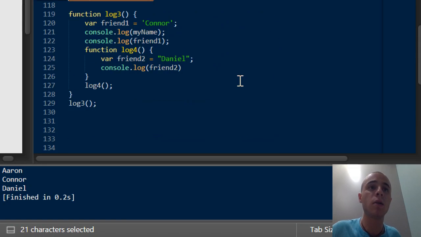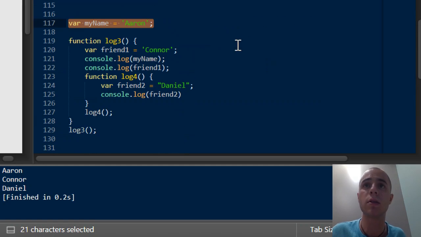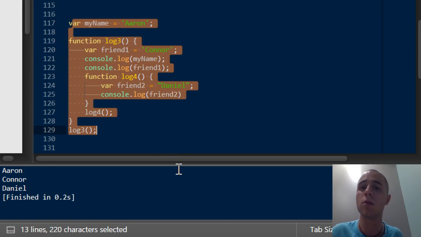So let's take a look at a little bit of notes. Let's see if we have any other details on scopes to see how well we can help each other out. So when we look at the code, how can you tell what is global and what is local? Let's go back down here and look at this a little bit more. How can we tell what is global and what is local? The answer